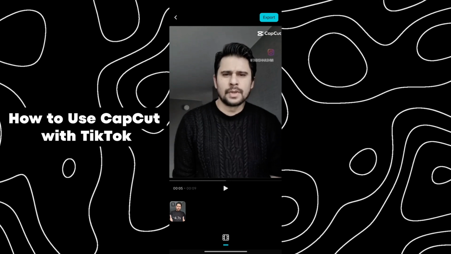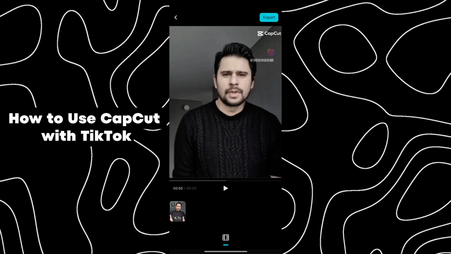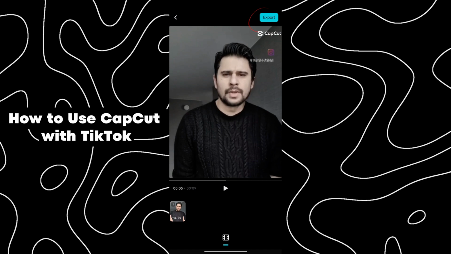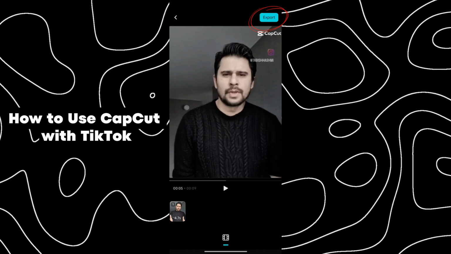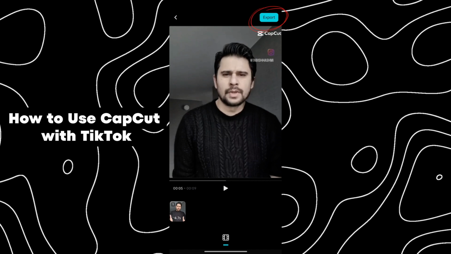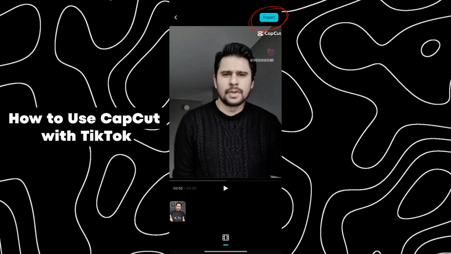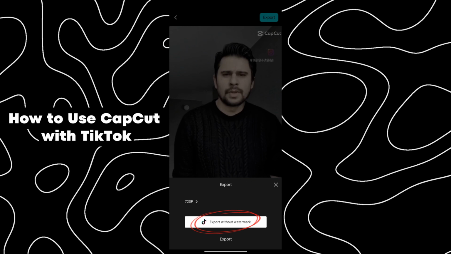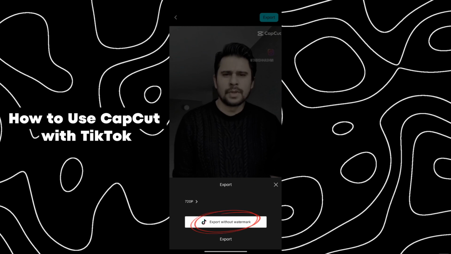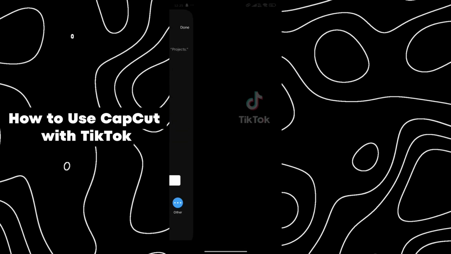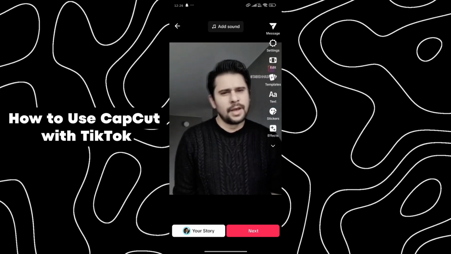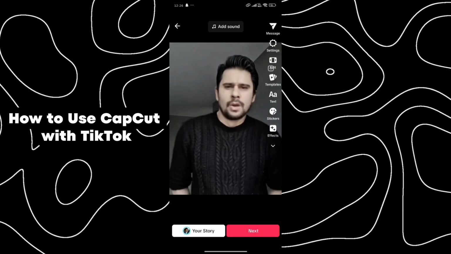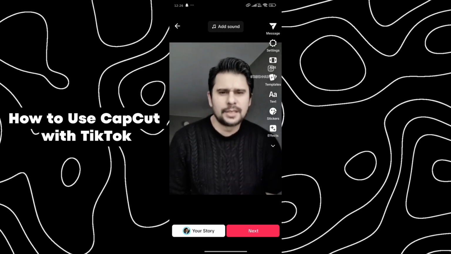And the last option is that you can also export your videos directly to TikTok from CapCut. In order to upload your videos to TikTok from CapCut, you simply make your edits on the video, and export it by tapping the export button at the top right corner. And here you simply click on export without watermark. After completely exporting, it will automatically redirect you to the TikTok application, and you can also add effects and upload your